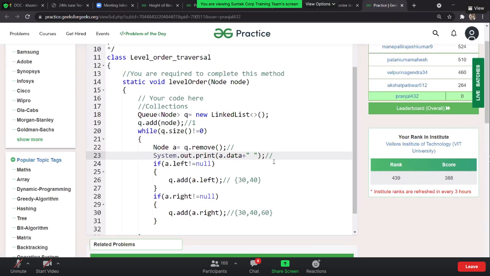Now what I'm going to do is, my queue becomes empty as of now. A dot left is not equal to null. So is it null or not? If it's not null, we are going inside it. So it's not null. And what it has on the left side, it has 2. On the right side, it has 3, which is not null. So basically, if